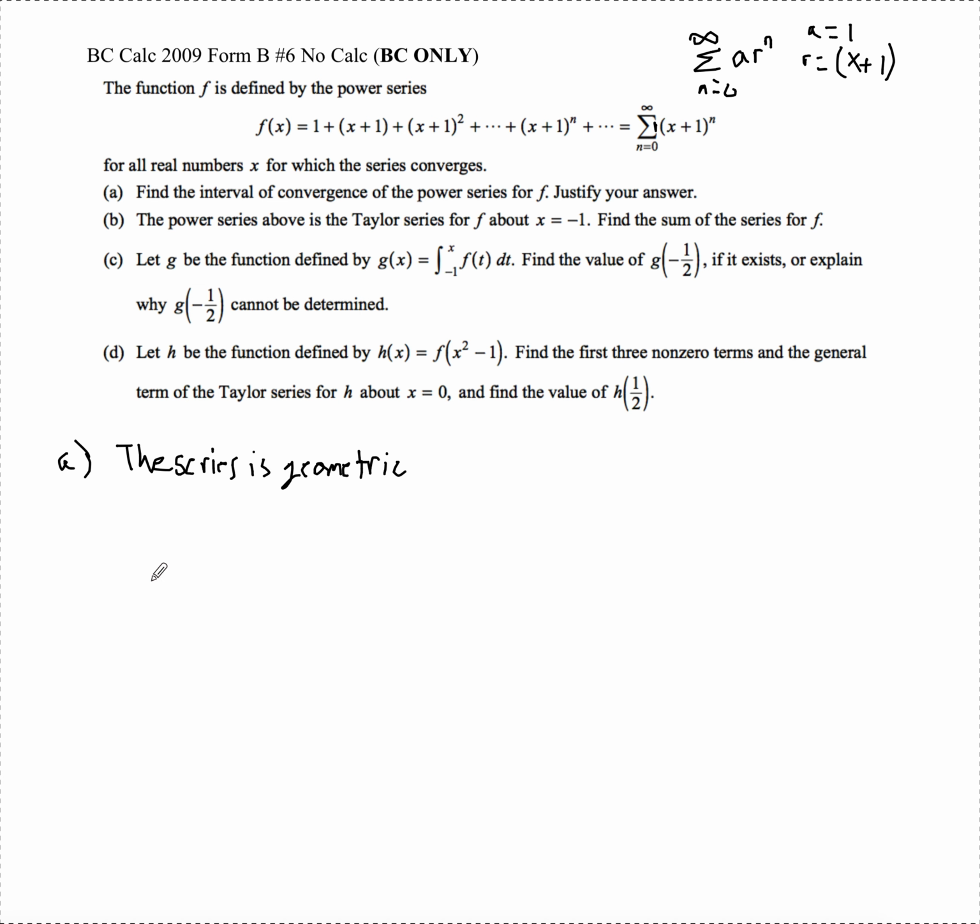And now, if the series is going to be geometric, I need to do some work with it, and I want it to converge. I know a geometric series converges if the absolute value of r is less than 1. So I can say the series converges